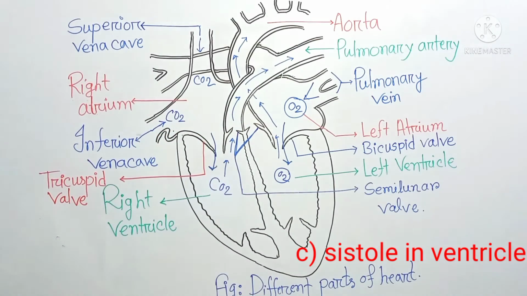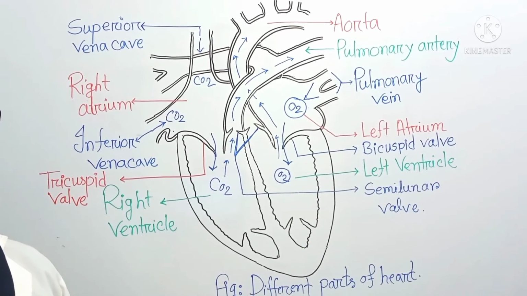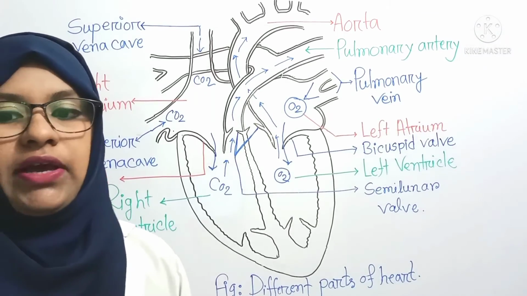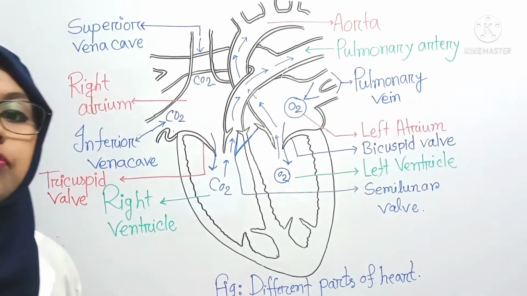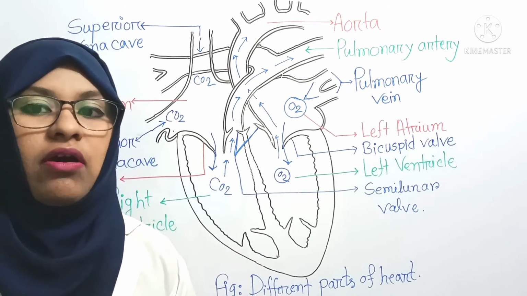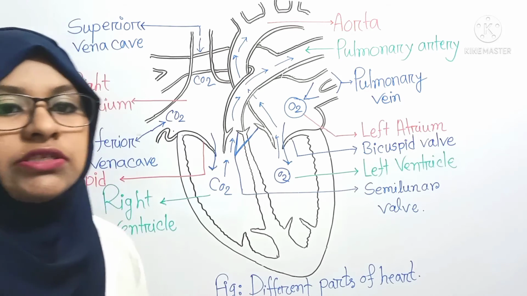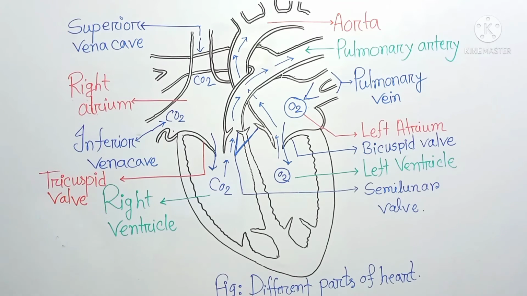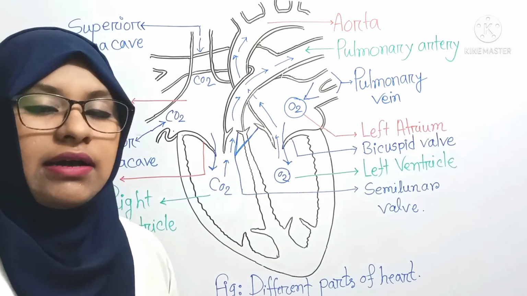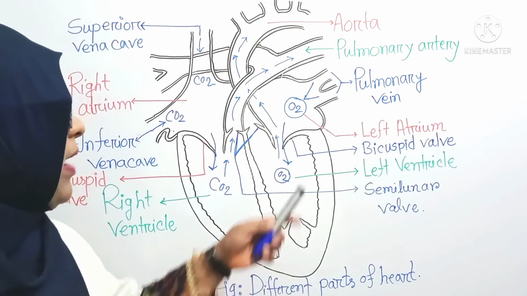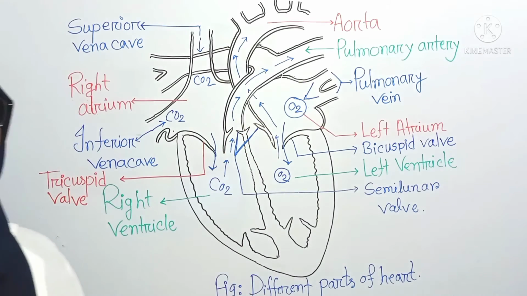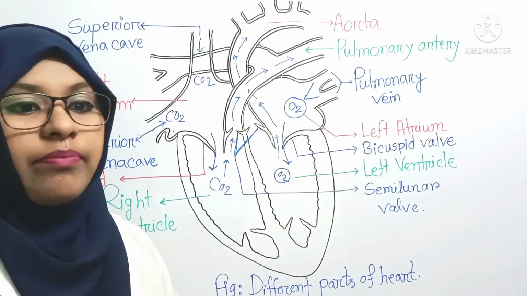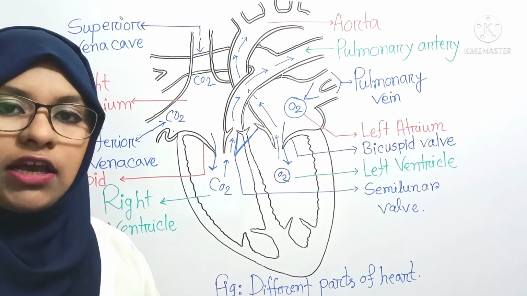From the aorta, blood is circulated by different arteries, sub-arteries and different capillaries of the body, and they supply nutrients and oxygen to the body's tissue. On the contrary, carbon dioxide rich blood is transferred to the lungs from the pulmonary artery. Blood receives oxygen from the lungs and is forced into the left atrium through the pulmonary vein. Carbon dioxide rich blood again reaches the atrium from the capillaries through different veins and vena cava.